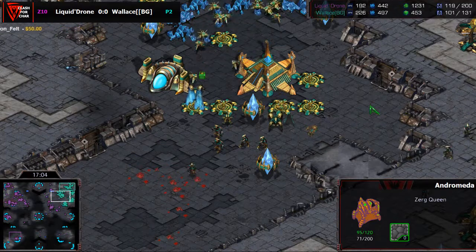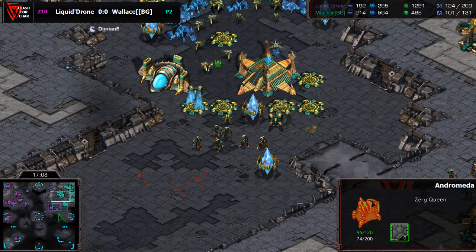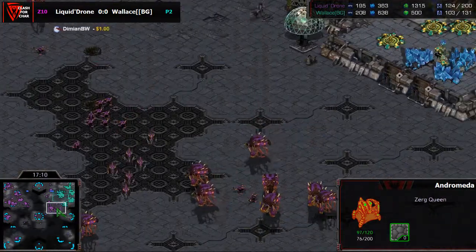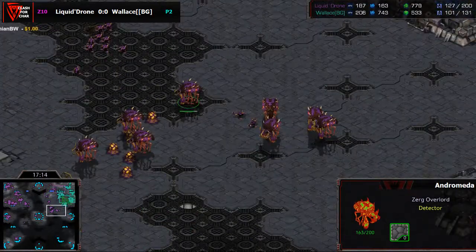The weird thing about Ensnare, just so you guys know, is it makes the attack slower, but only on certain things. It's kind of strange. Not everything is affected by Ensnare. But here we go, another load of...